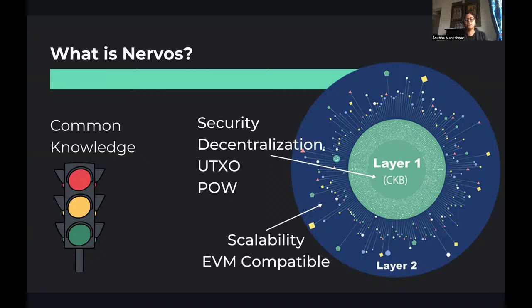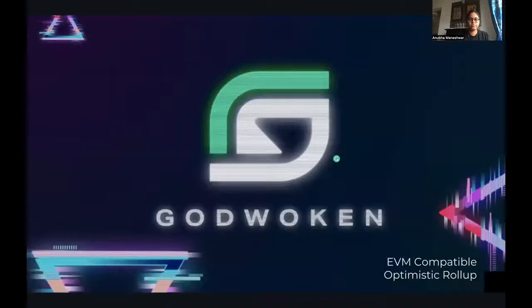And then layer two is scalable, EVM compatible, and it has optimistic rollup. So this is the entire structure. Although once you see Nervos from a very high level, you will think, oh, it is another blockchain, but it is very, very different in terms of architecture. As I mentioned, it utilizes the benefits of the top two blockchains and combines them into one. So Godwoken, which is our layer two,